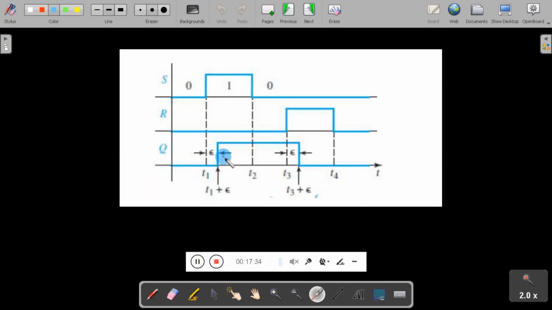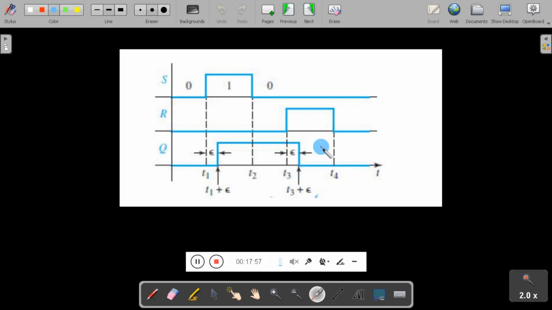Students, here you can see we have two inputs S and R, and we will measure the output with respect to time: T1, T2, T3 and T4. There are 4 instants of time. We are not using any clock signal, but time as a reference.